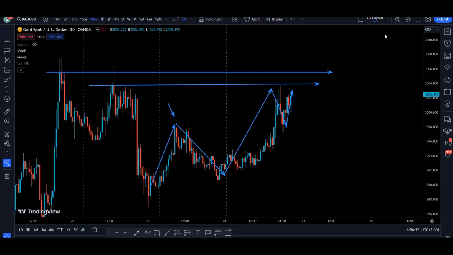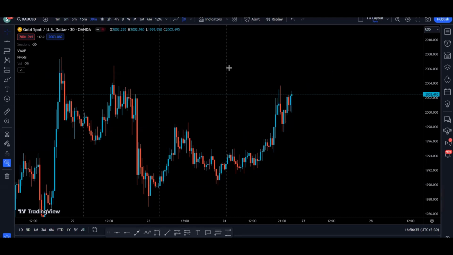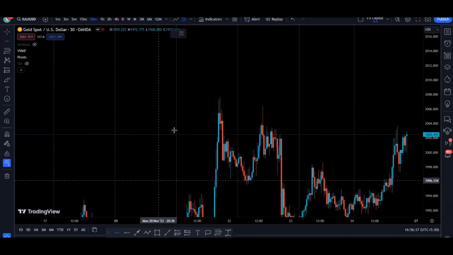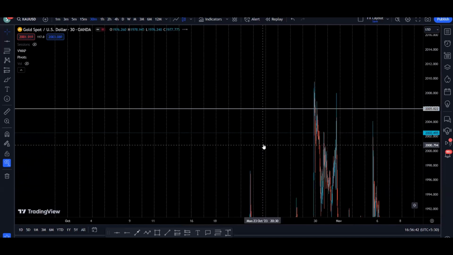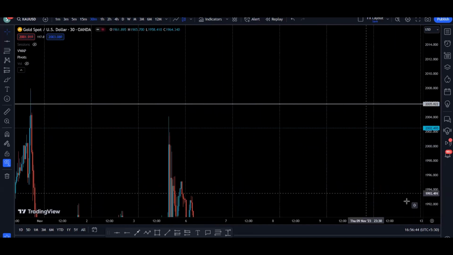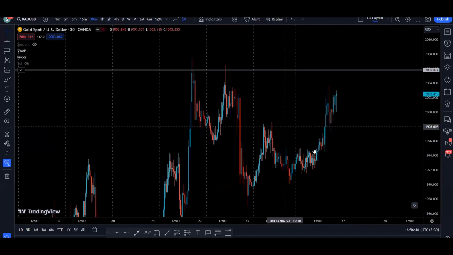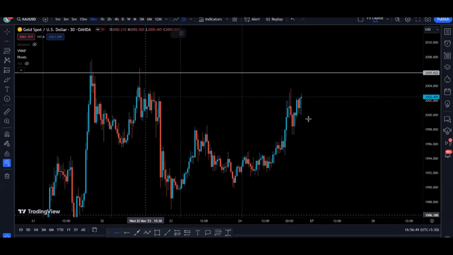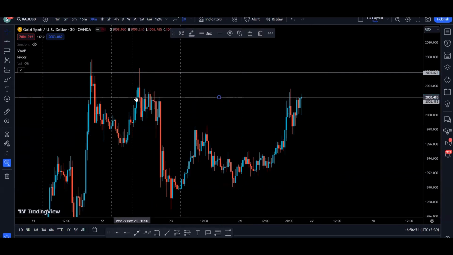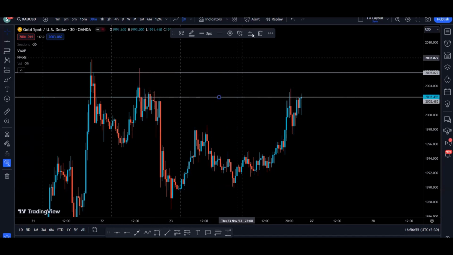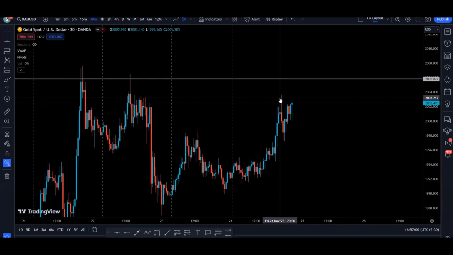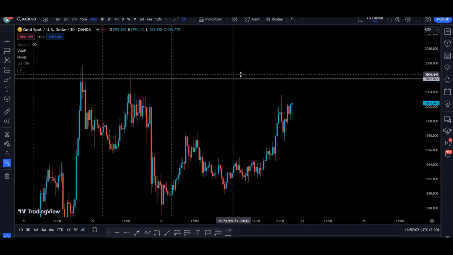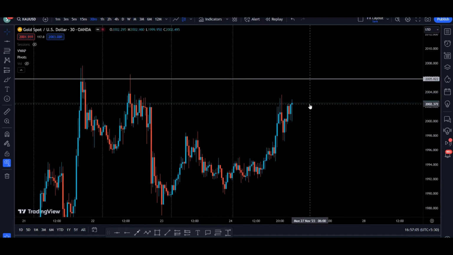So as we anticipated on the 4-hour time frame, if we get some kind of candle closure above this level, then we can anticipate the price to go higher. So that we will be anticipating on the 30-minute time frame. If we look more closely, we can see this is a resistance, but again we have some choppy price action here as well. So it's better to mark our resistance at this level. So we need to have a 4-hour candle closure above this level in order to anticipate some kind of momentum